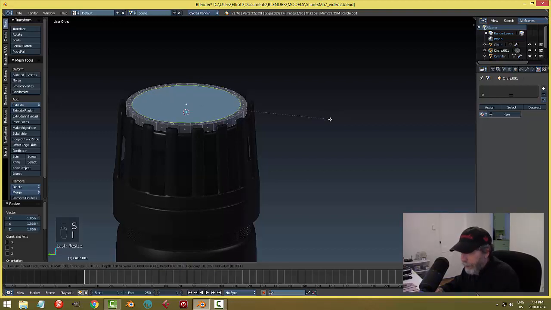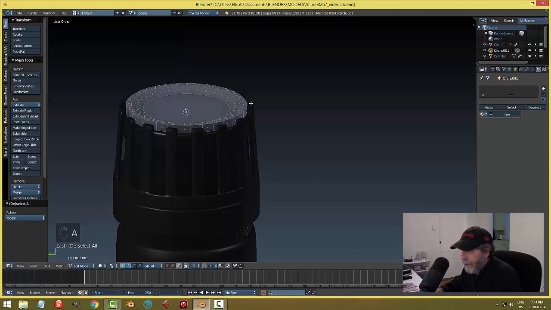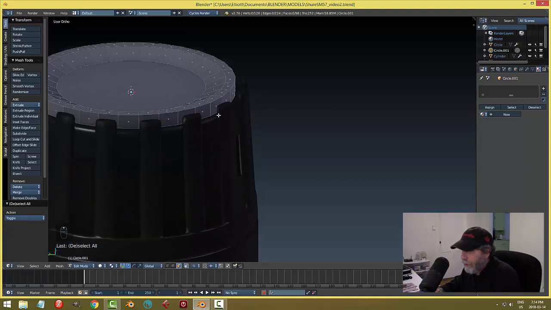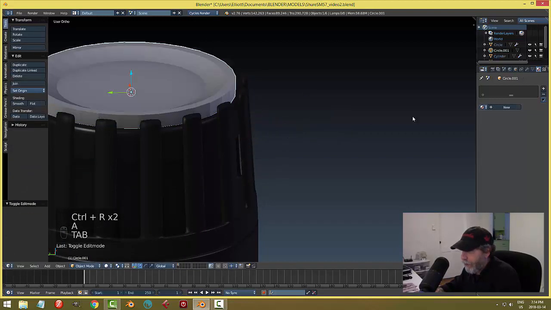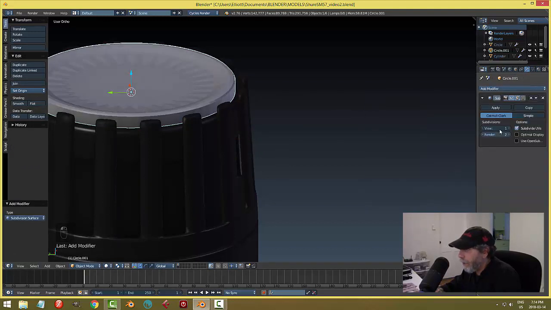I'll do another inset. I'll bring that down like that. Let's have a look at putting an edge loop here and definitely down there, although I may want to lengthen it. And let's try a subdivision surface. I know it's going to shrink up quite a bit, but